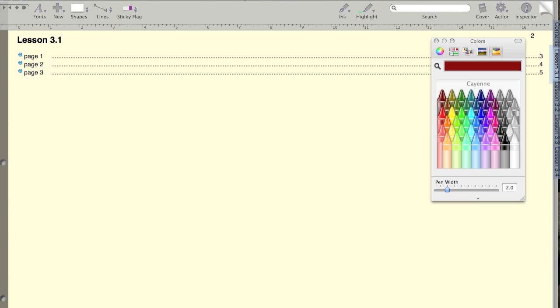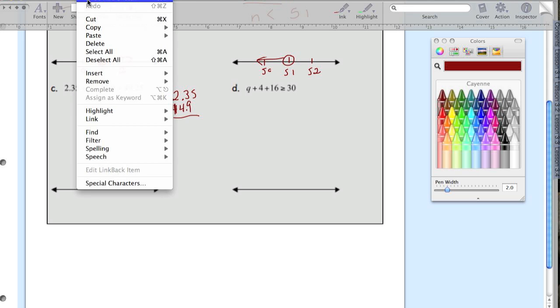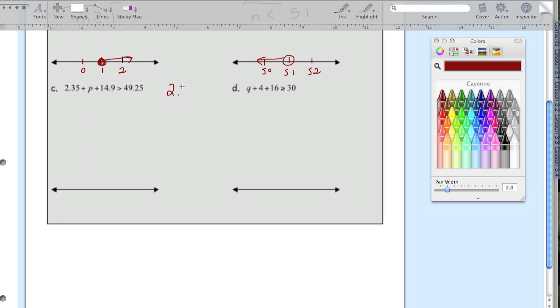The last two, whoopsies, I hit the wrong button. Last two, decimals, so 2.35 and 14.9. That's not going to work because I need to line up my decimal points. 2.35 and 14.9. Bring my 5 down. This is 2, carry the 1, 4, 5, 6, 7. So I'm going to get